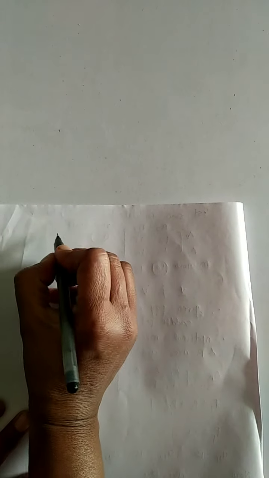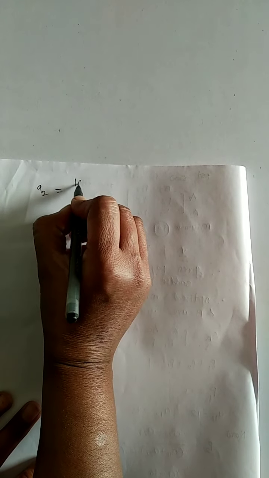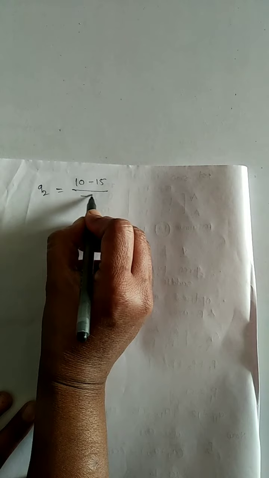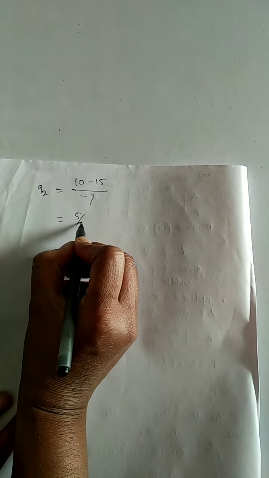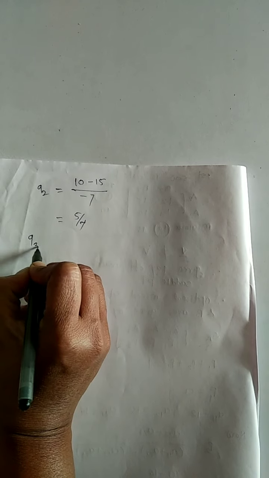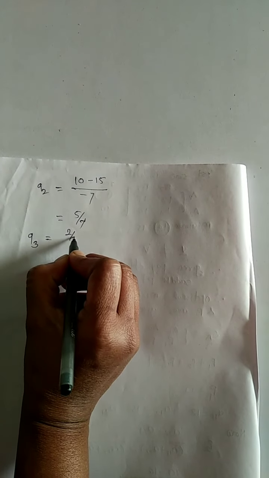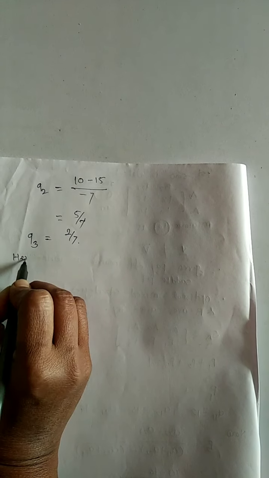Then put this value. Q2 is equal to (10 minus 15) upon minus 7, that is equal to 5 by 7, and then 1 minus Q2 is equal to Q3, and Q3 is equal to 2 by 7. Hence, the optimal strategy